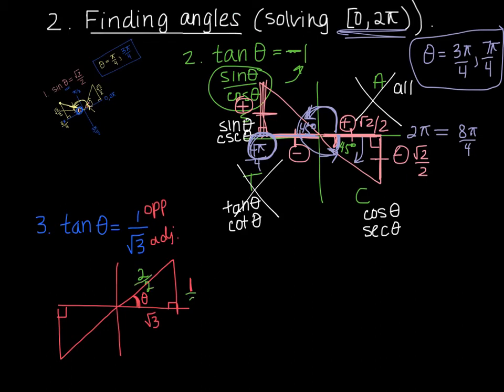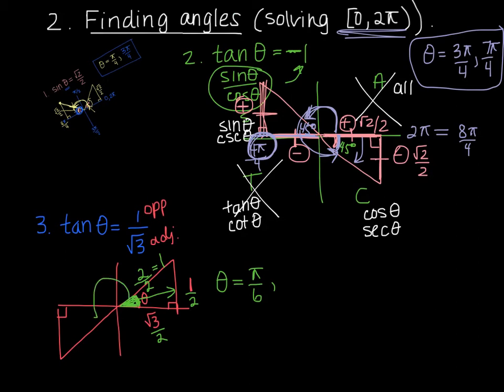So I can just think of it as dividing all three sides by 2 because it's a scalar multiple of that same triangle. So now I have a hypotenuse of 1, and I can see my 1/2, and I can see my square root of 3 over 2. So opposite of 1/2 has to be what kind of angle? Well, it has to be the 30-degree angle. So theta is pi over 6, which is my 30-degree angle in the first quadrant.